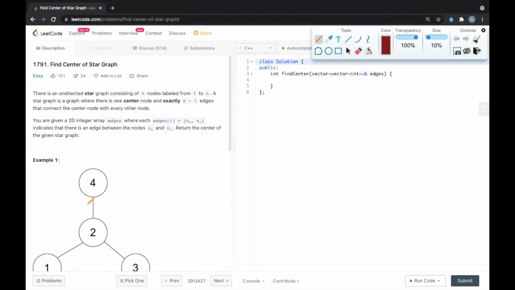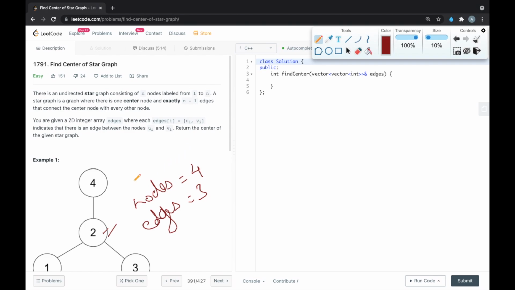So in this case, the number of nodes is 4 and edges are 3. So coming to this statement, star graph is a graph where there is one center node and exactly n minus 1 edges. So there is one center node, in this case it is 2, and there are n minus 1 edges.